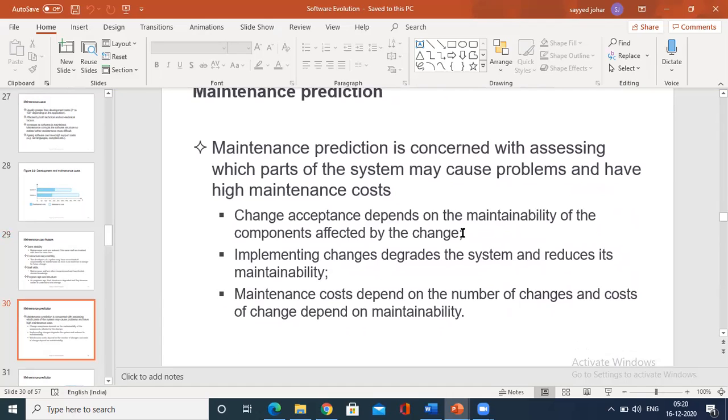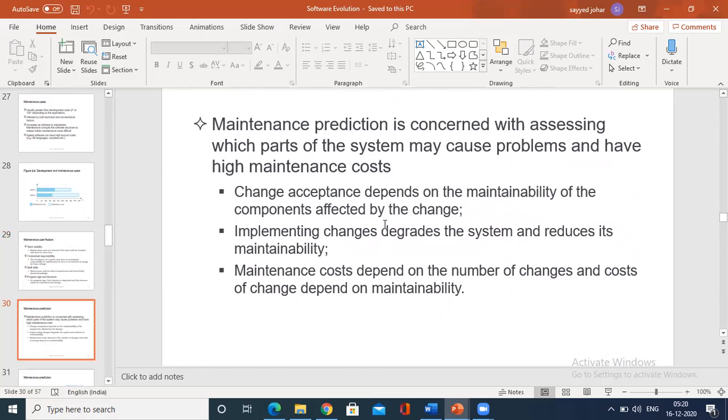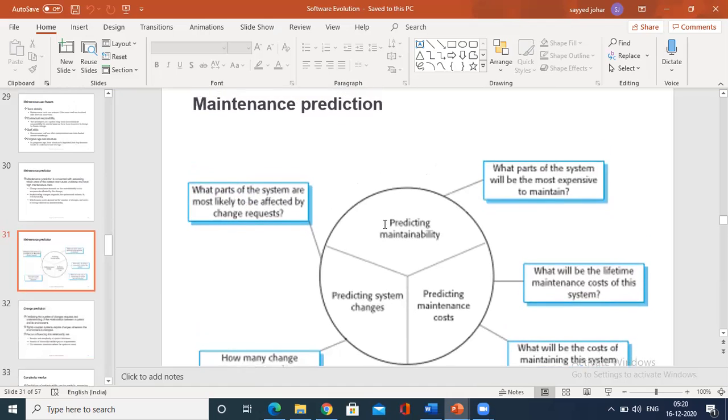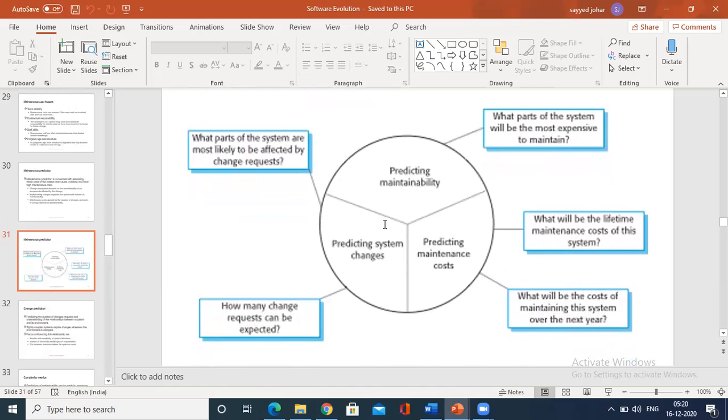Similarly, here you identify the cost that is needed in order to maintain, the capital cost. Diagrammatically, you could represent this maintenance prediction.